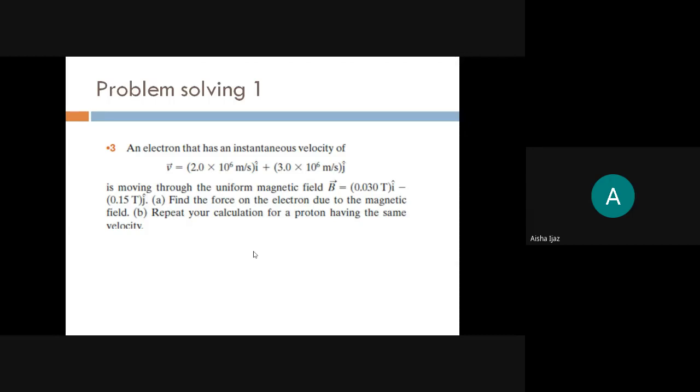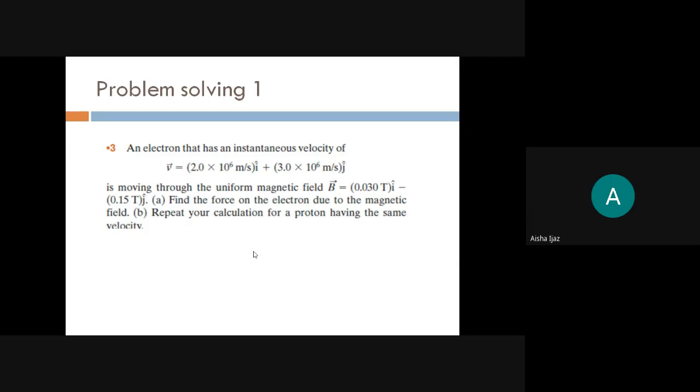Students, remember, it's not one dimensional. Obviously V and B are perpendicular to each other, and that is why the magnetic force will be maximum. If they are parallel, the answer will be 0. So now you have to open the cross product, and I hope you are able to open the determinant.